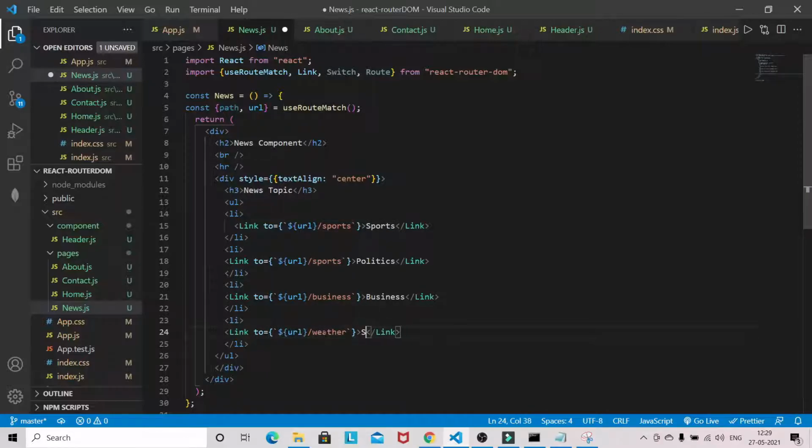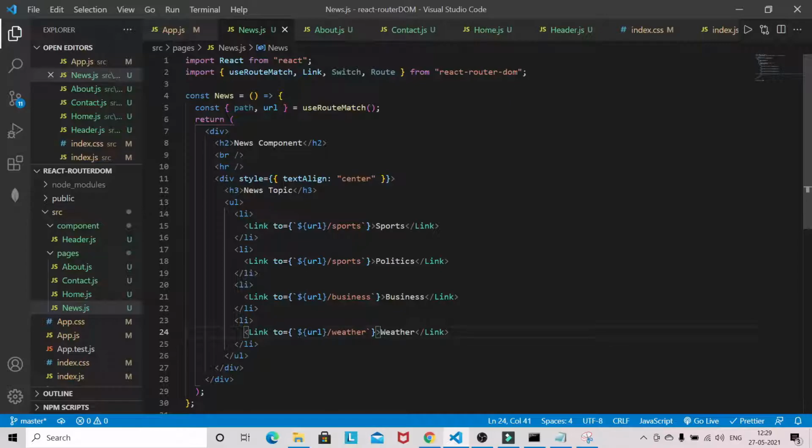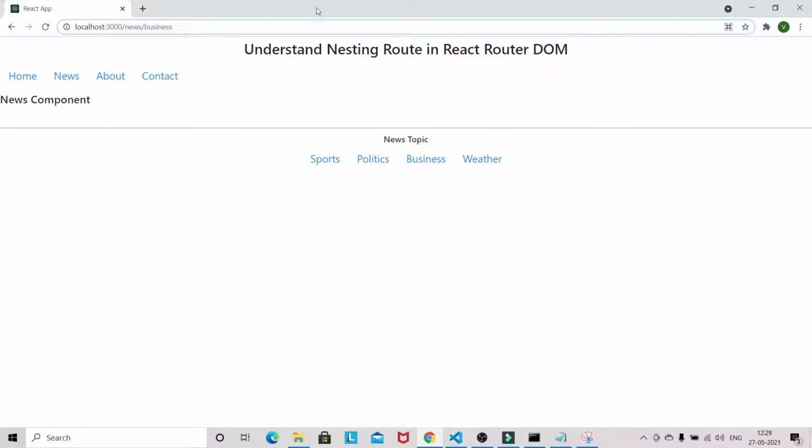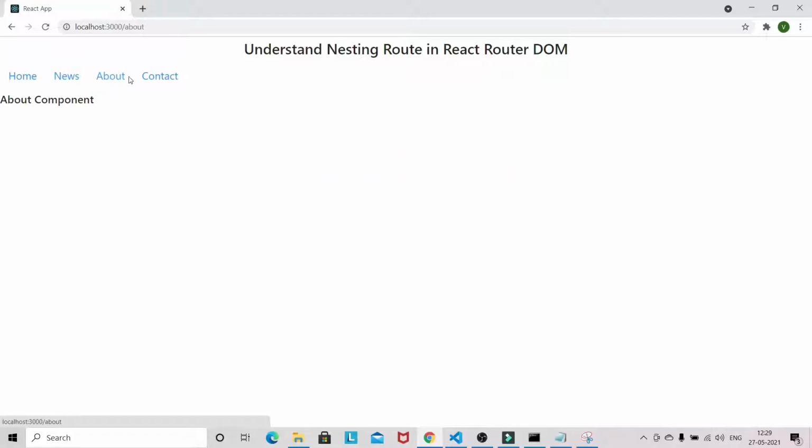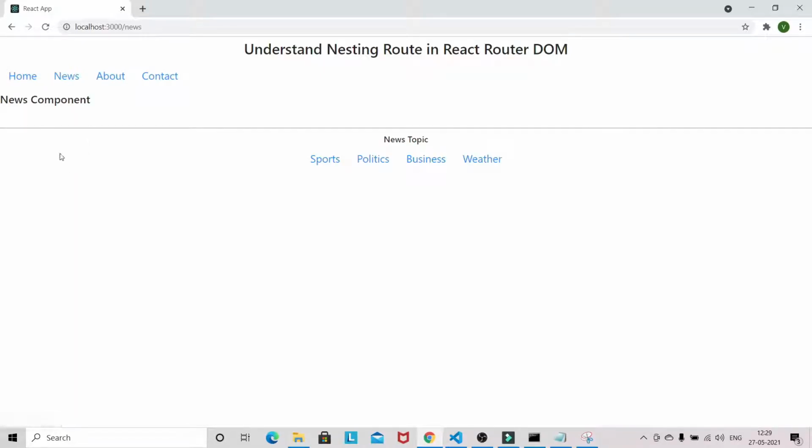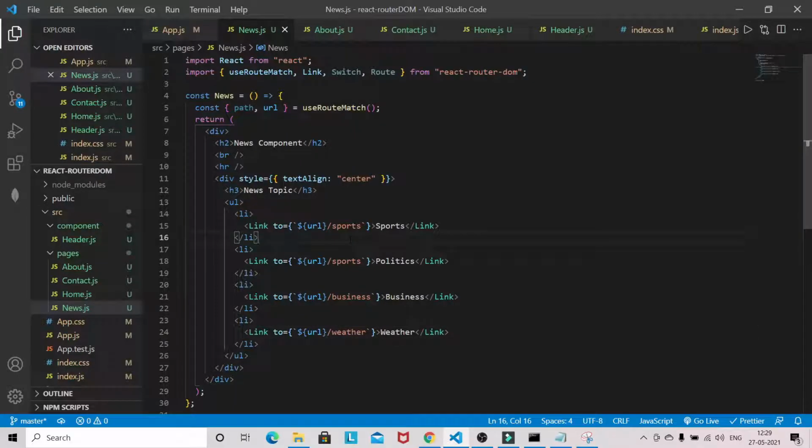So these are the news topics. Let's see, we are able to render inside news. It will not render in about, contact and home. It will only render in the news component because we are implementing only the news component.